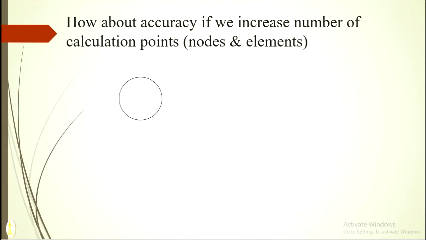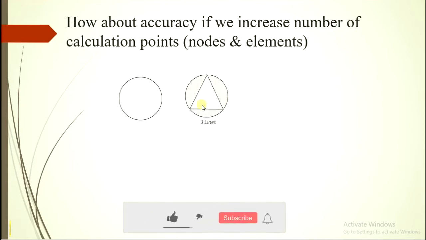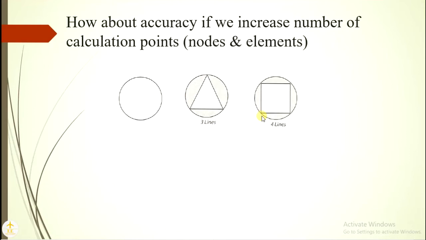Now I'm going to cover this circle using three lines. You can see I'm covering this circle using three lines. You can see that the area covered by this triangle is not equal to the area of the circle, right? Because there are so many gray areas. These areas I'm not covering. Suppose I increase the number of sides, let's say I'm using a quad element to cover the circle, that gray area that is not covered will be less compared with this.